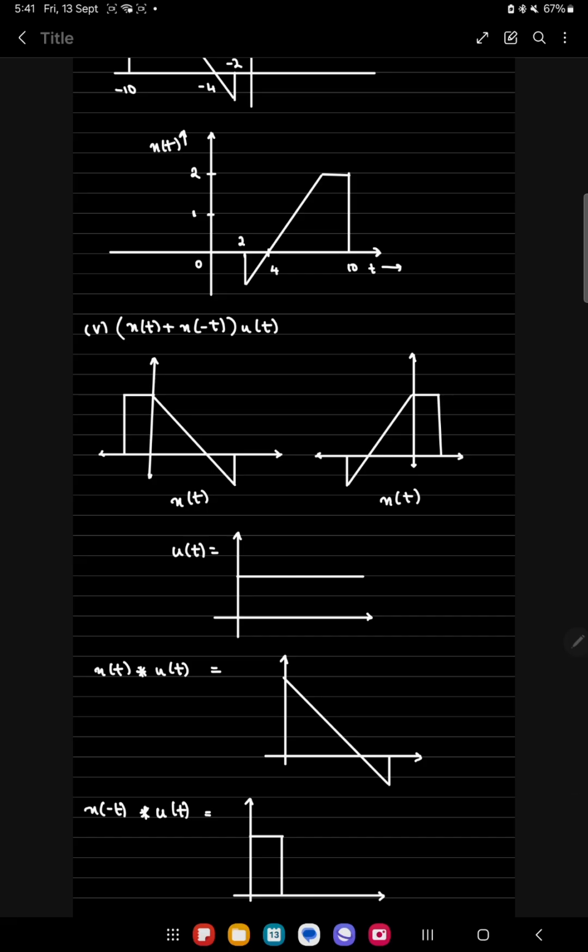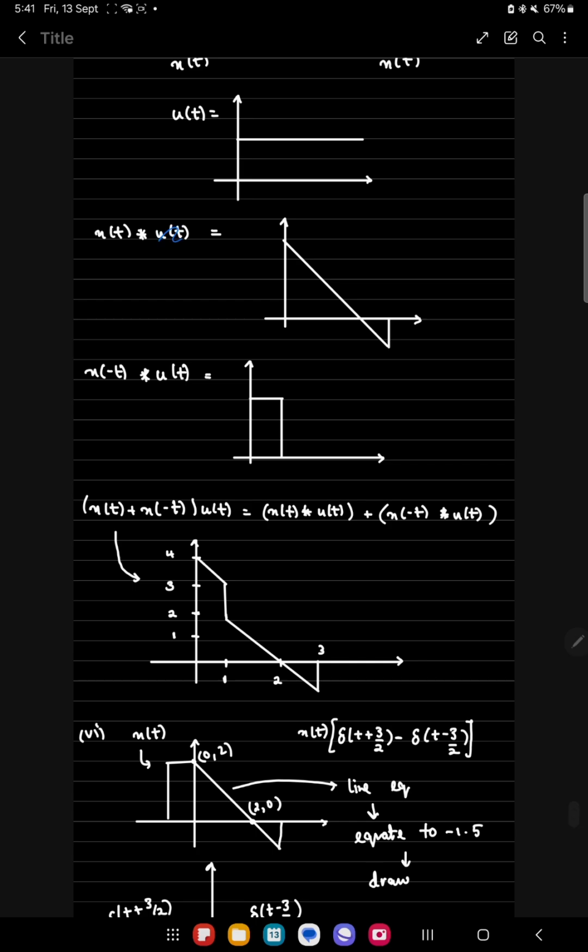So here our question is x of t plus x of minus t times u of t. I drew the diagram of x of t, the diagram of x of minus t, then the diagram of u of t. And when we multiply x of t with u of t, so what is u of t? u of t gives you 1 for t greater than or equal to 0. So I drew the positive half of x of t, then the positive half of x of minus t, and when we multiply these two, you will get something like